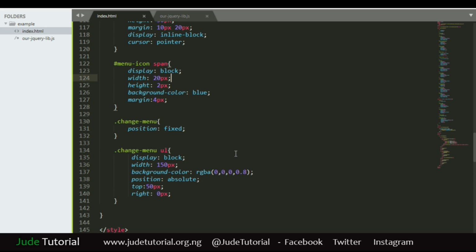So since it's not static, if I put the measurement or the parameters by which this UL will start counting, placed to the left, to the right, top or bottom, it will count it in relation to this menu. Okay, I would prefer to explain that practically than with words. Okay, so let's say